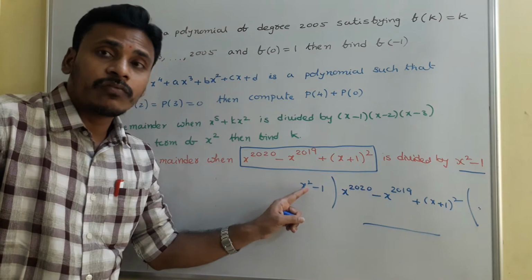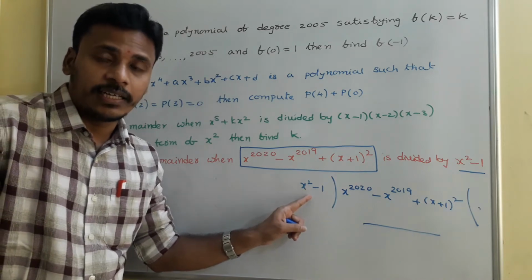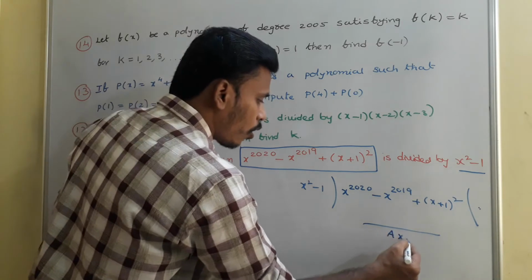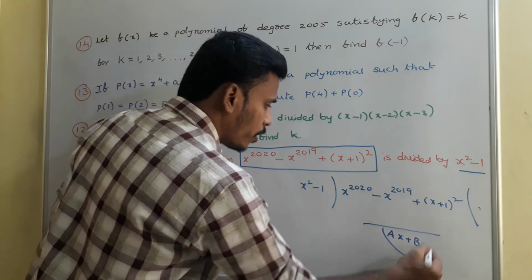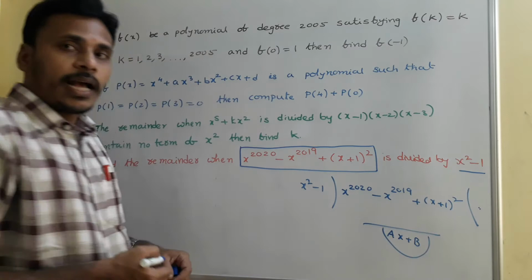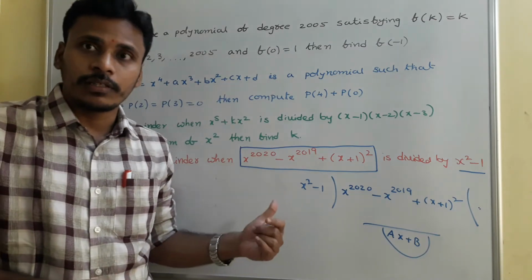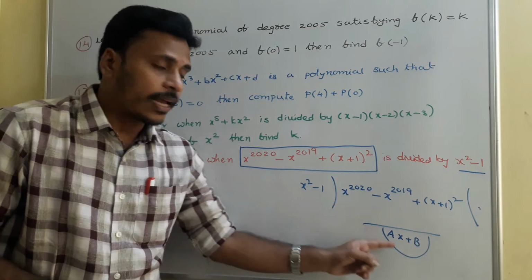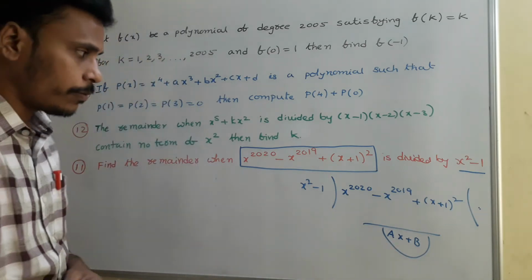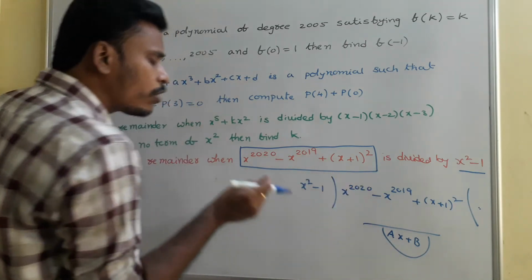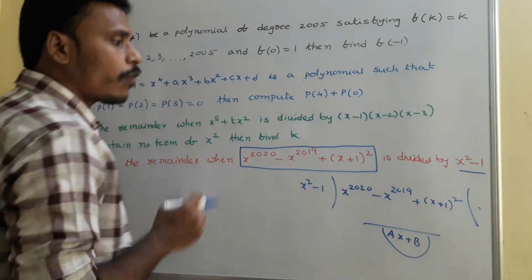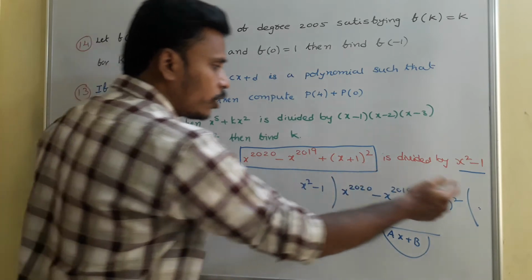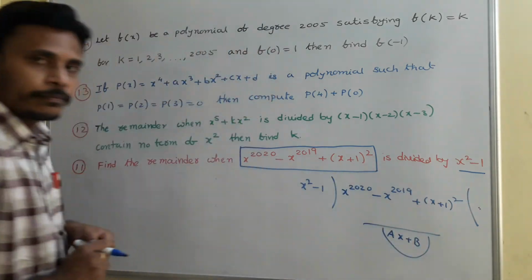As we are dividing with a divisor of degree 2, the remainder is surely of degree less than 2, so it may be of linear form. See, already we mentioned in previous classes, since the divisor is of second degree, the remainder is of the form ax + b. Then for this division, you simply apply the statement of division algorithm. What is that? Dividend is equal to divisor into quotient plus remainder.